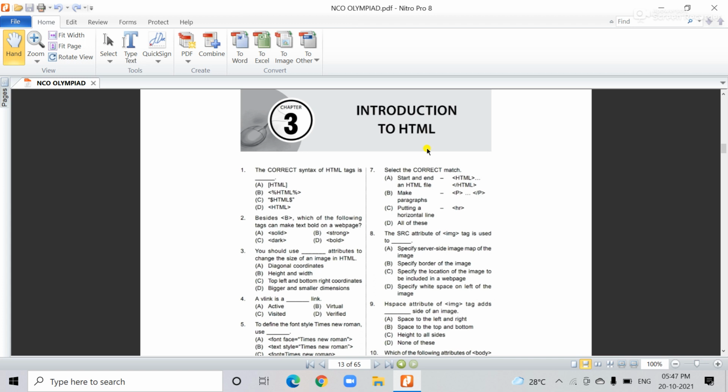Inside the HTML program, it requires some special tags. Mainly two tags are required. One is the opening tag and another is the closing tag. See here, this bracket is the opening tag and the one on the other side is called the closing tag. Otherwise, on or off, right?